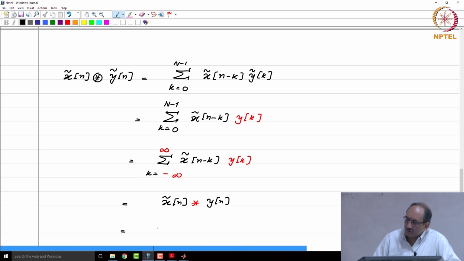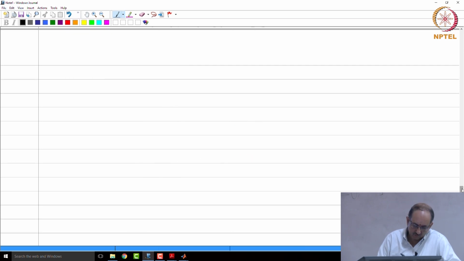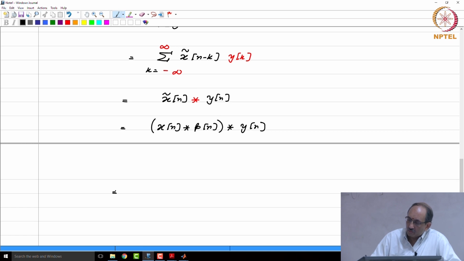But x tilde of n is really x of n convolved with p of n, convolved with y of n, and now you can use associativity and commutativity, and hence this is really x of n convolved with y of n